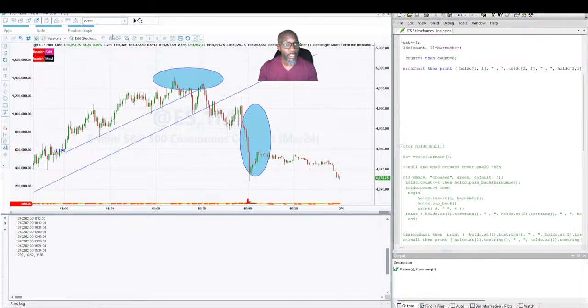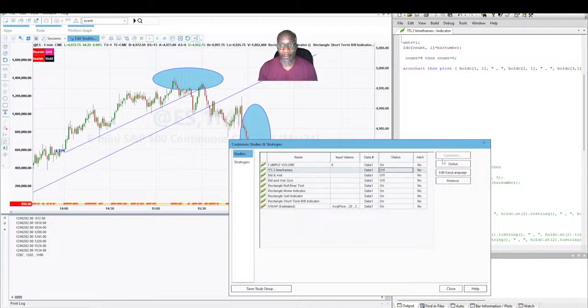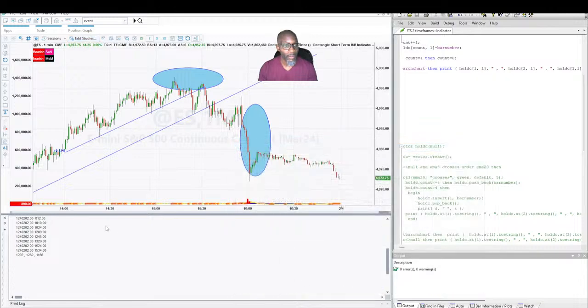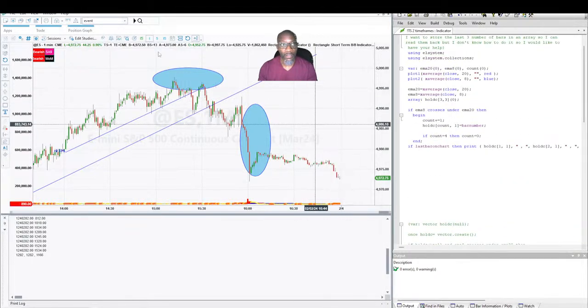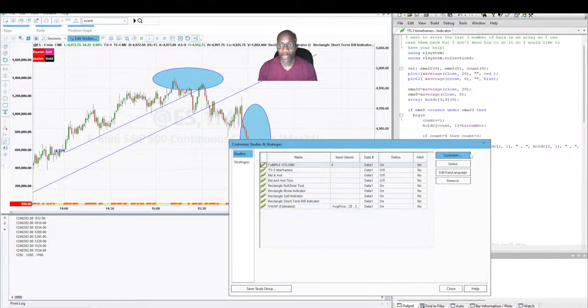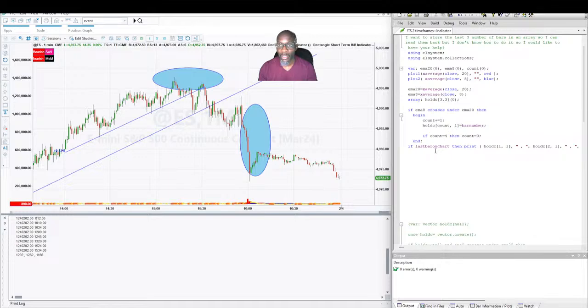All right, no errors. Turn that back on. It still didn't like that. What did I not do? All right, so EMA cross on the last bar on chart and hold C, last bar on chart and hold C is not null. So there has to be something in the array. Count plus 1, count equals 4,